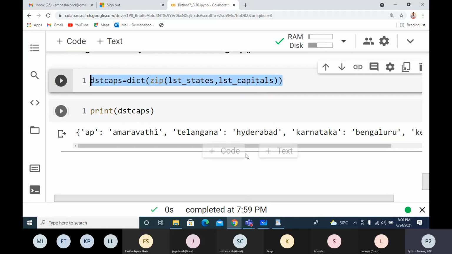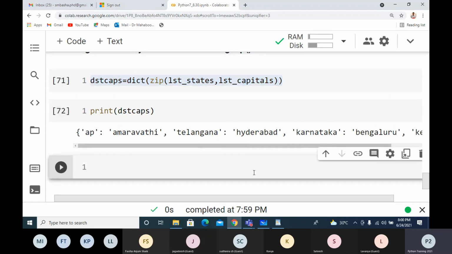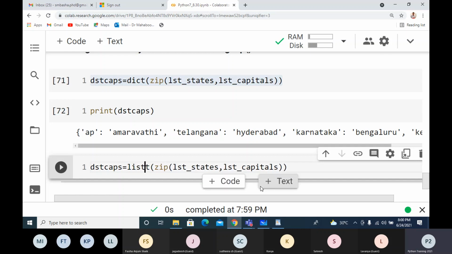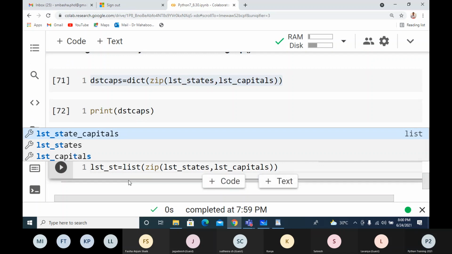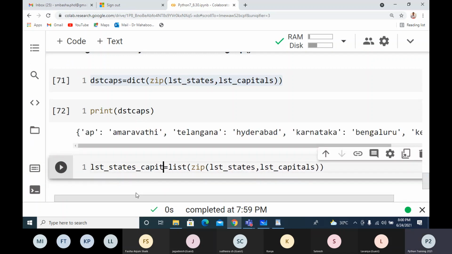Python is so flexible, you can get whatever form of data you want. Now, instead of this, I'll go for list. Then I'm combining these two lists into one list of tuples. So this is now a list of tuples, states, capitals. It is not a dictionary, it is a list of tuples.